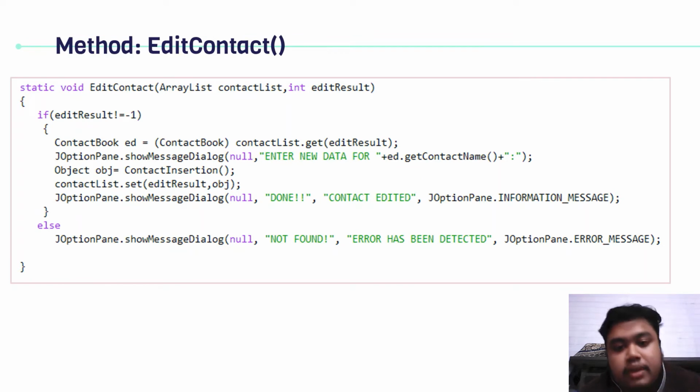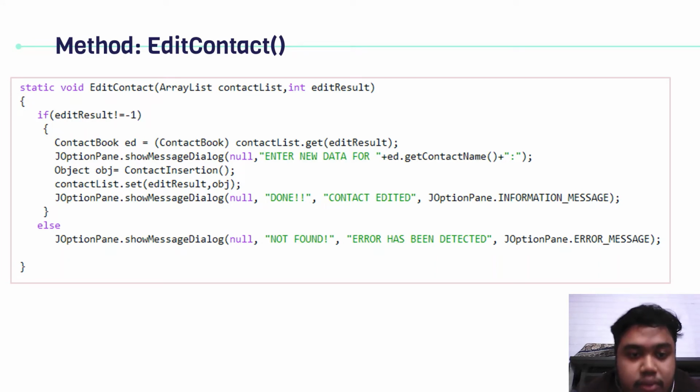The next method is edit contact. This method is used to edit the contact that has been inserted by the user. This method will receive the array list, which is the contact list, and the number of the element that we want to edit, which is the edit result. If the edit result is in the array list,